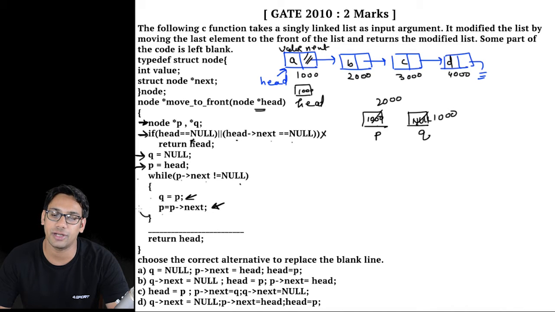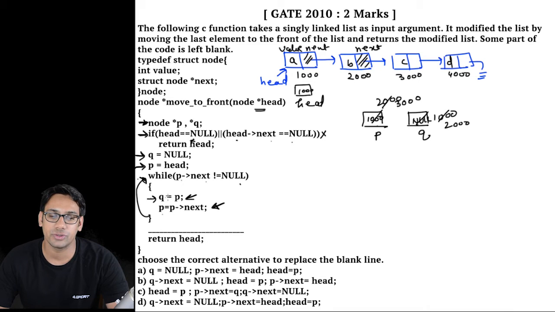Therefore we'll go to the location. Again we are going to check this condition in the while loop. We'll go to the location which is pointed by p, and then we are going to check this next part. So here this next part is not equal to null, therefore we are again going to execute these two statements. So q will now be storing 2000 and p will now be storing 3000. So if you see, q will now be following p. It will always point to the one node prior to p. So whatever the node which is pointed by p, q will only be following one node before that.